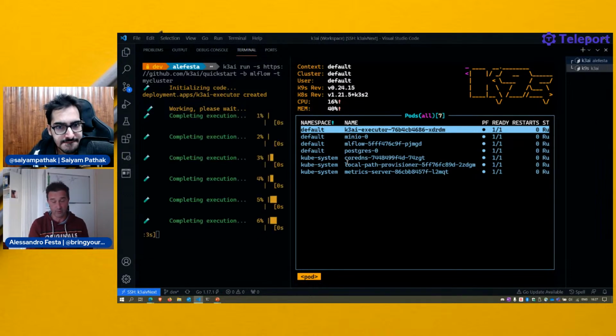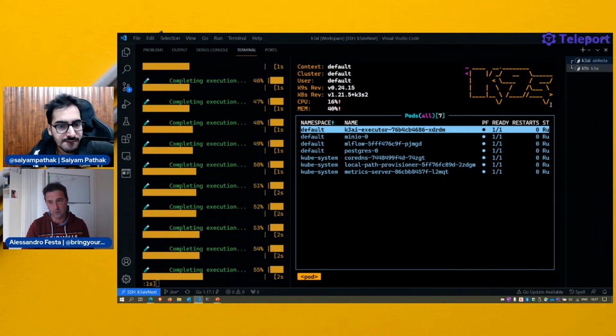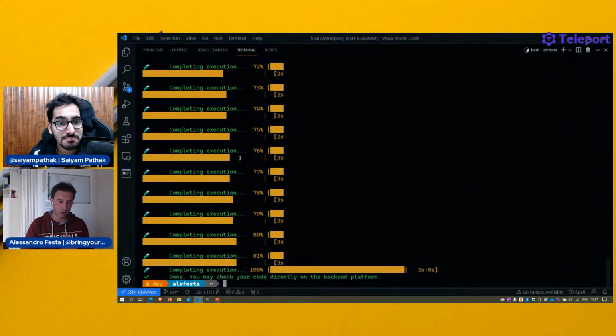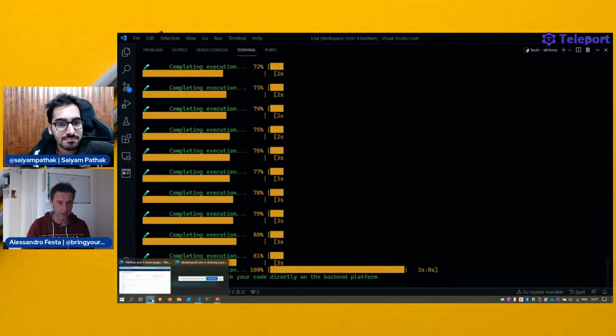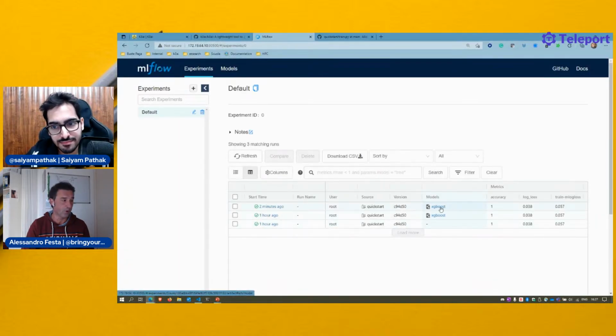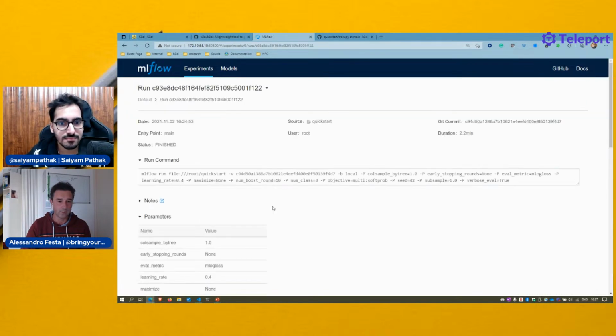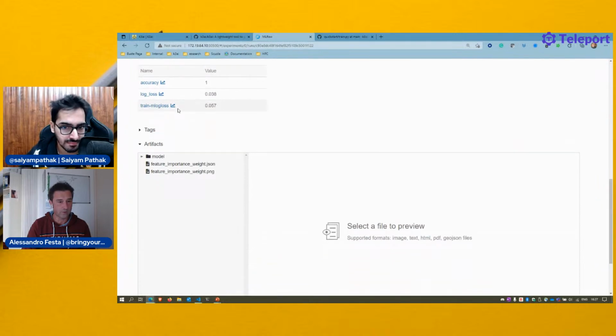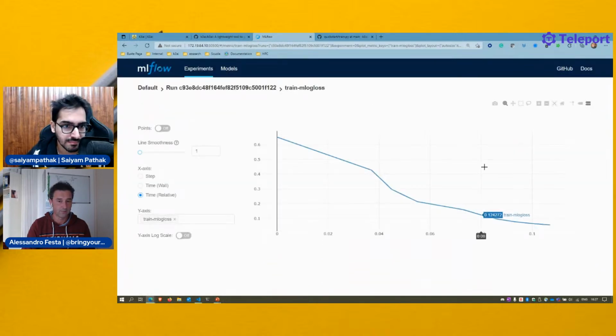In this case, MLflow. Oh, there you go. Done. Sorry for the delay. But if I come here, then you see there's a new model here. 2 minutes. Everything's been created for me. I have a nice pipeline run.